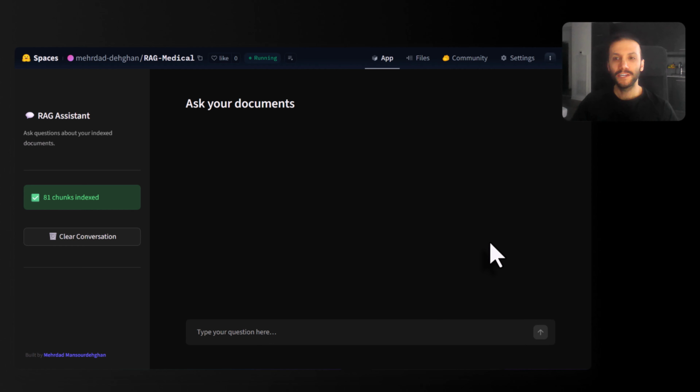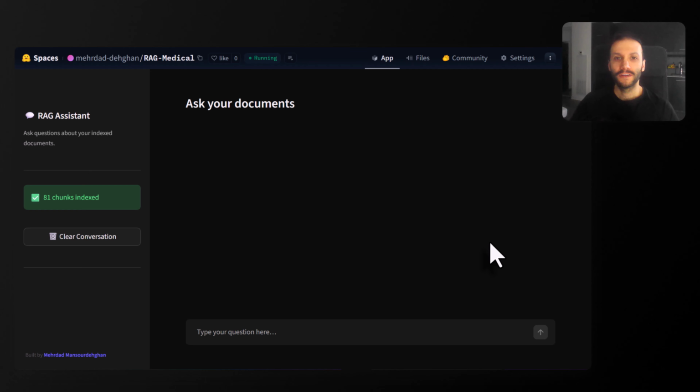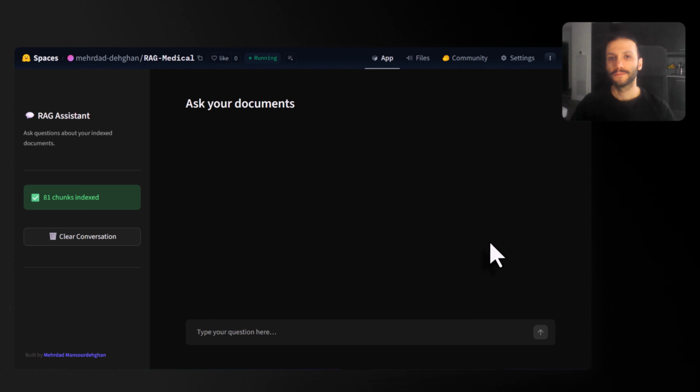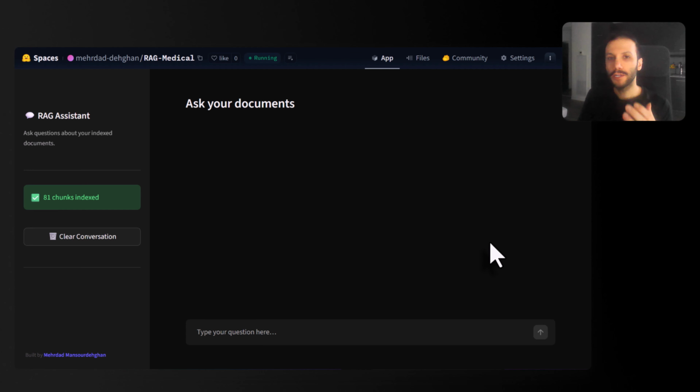As you can see, this application is not very sophisticated in terms of the UI. We have a very simple design. I'm going to ask some questions about the specific topic that this RAG application is built on top of. I mean, the RAG application is not like a chat application. It is going to provide you with specific answers which might not be findable in other companies or on